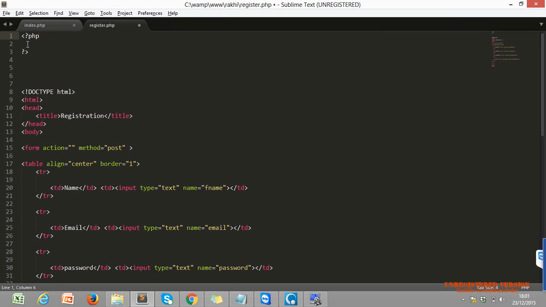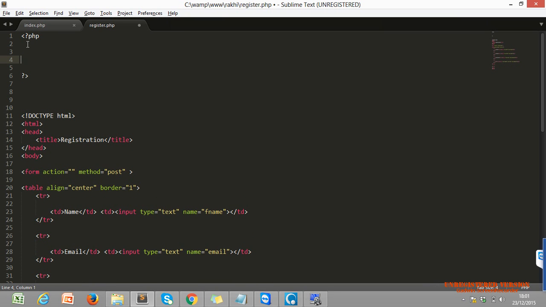We need the value that we have in our website right now. We already saw in our login page how we catch the value, using dollar underscore post. Dollar underscore POST should be in capital.